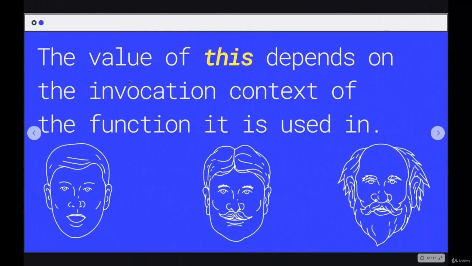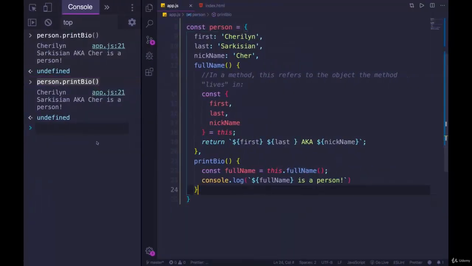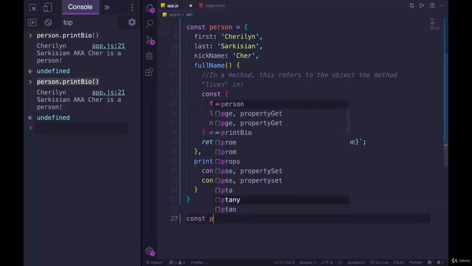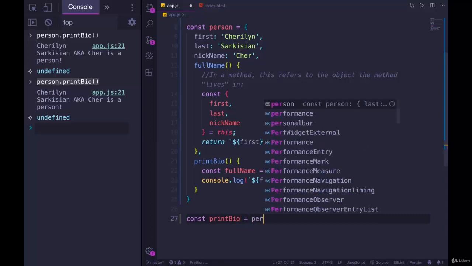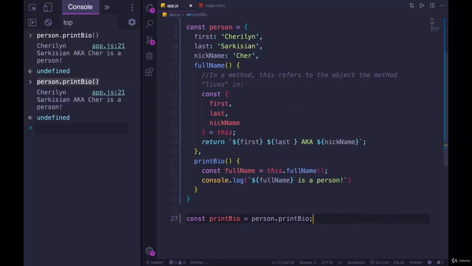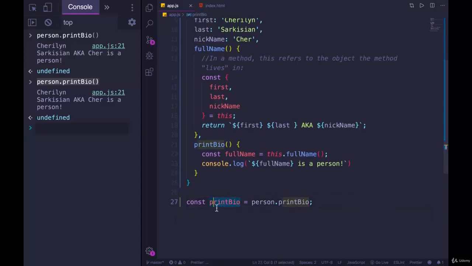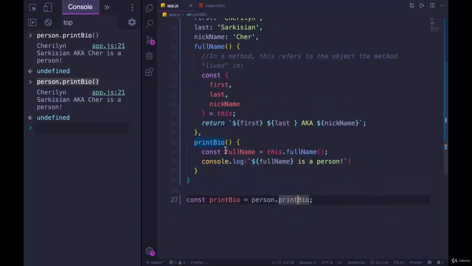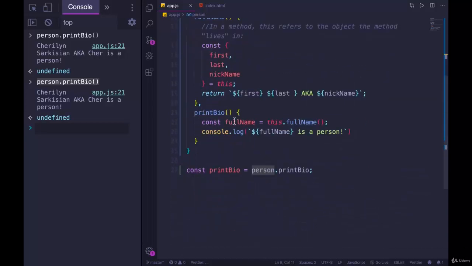So this is kind of a shapeshifter in this way. That's why I have these different faces down here. It's tough to come up with a good visual representation of it, but let me show you how we could actually change the value of this. What I could do is make a reference to this function, printBio. Let's work with that one. I'll call this const printBio equals person.printBio. So I'm just pointing this variable printBio to that function. It's still a property on the person object. I didn't remove it, I didn't delete it, I just made a variable pointing to it. And if I call printBio,